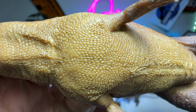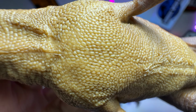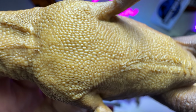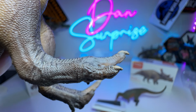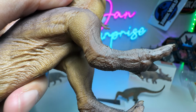On the underneath side of the body, you can see the scales are very nicely done. Not every scale is in the same shape, as you guys can see. Some are in oval shape, some are in circular shape, some are more squarish. So it's very, very well detailed. The feet are extremely well done as well. I think this is something that PNSO is really good at doing,